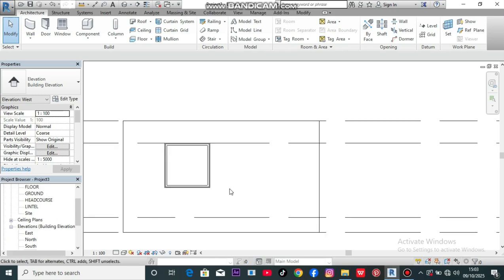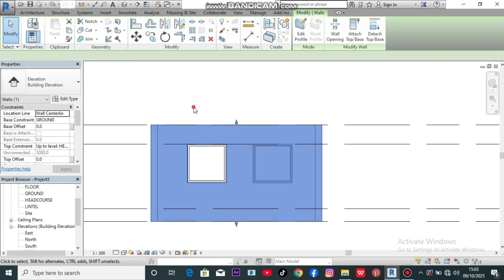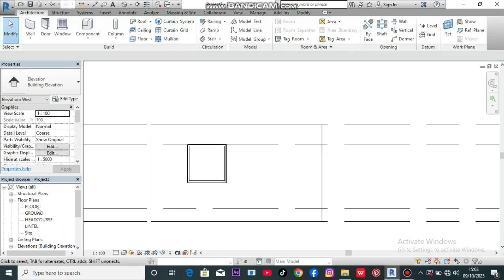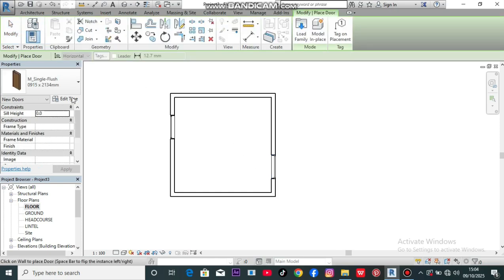Wow, we have this beautiful looking wall with a window. So we gotta need a door. To move to the next step, we move to flooring. Locate the door icon here, click on it, edit type, and you can see we said we're drawing a garage, we're constructing a garage, but this door seems to be